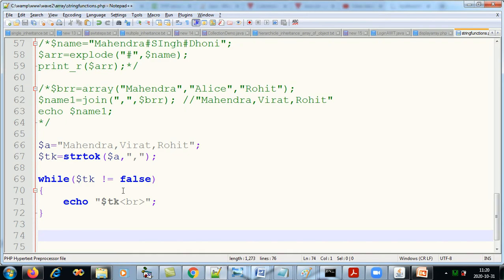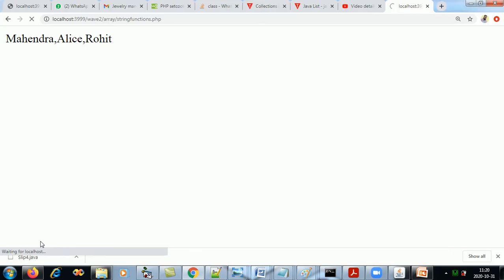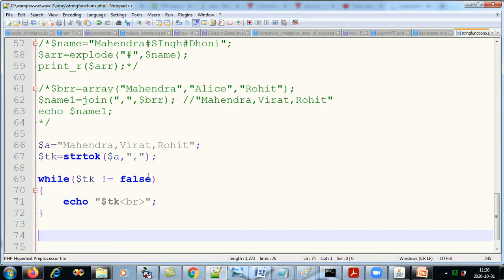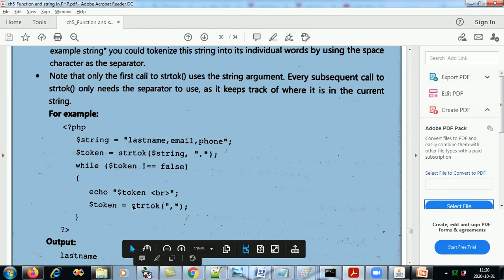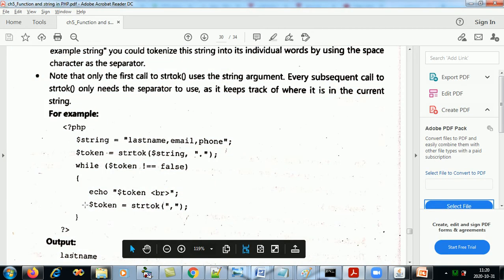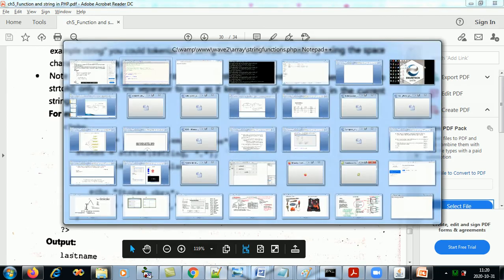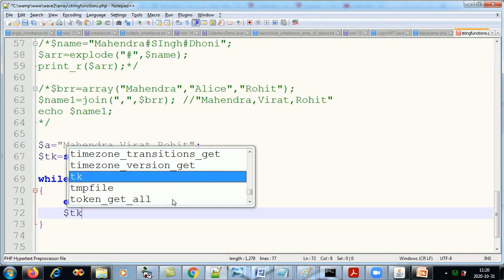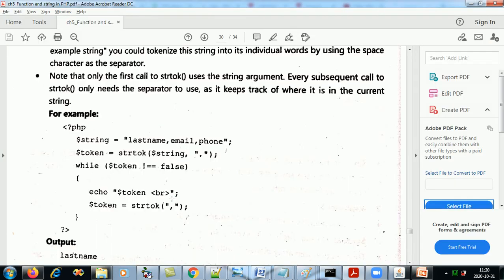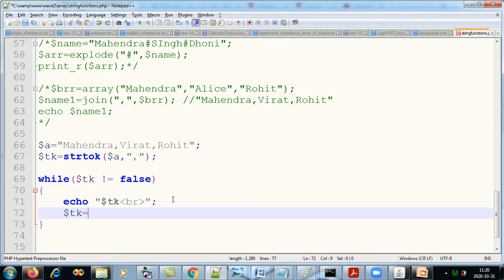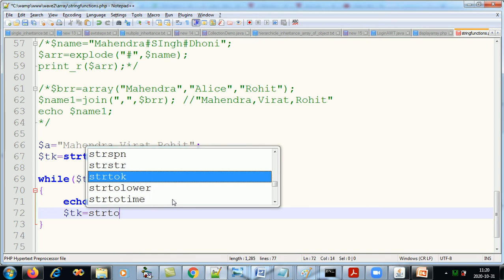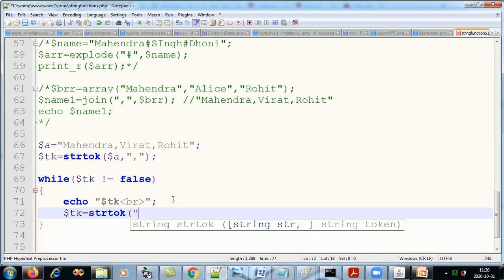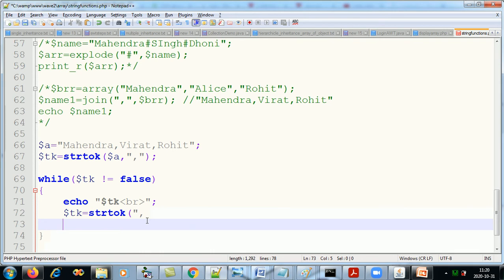Okay, we've gone into an infinite loop, it looks like. Okay, $tk is strtok, which operator, which character.